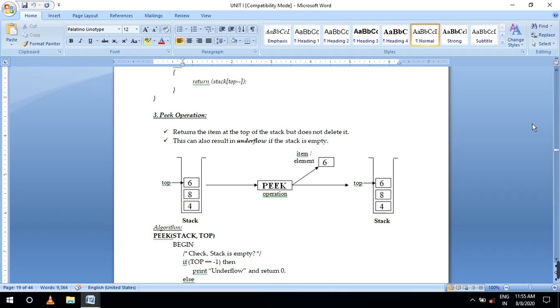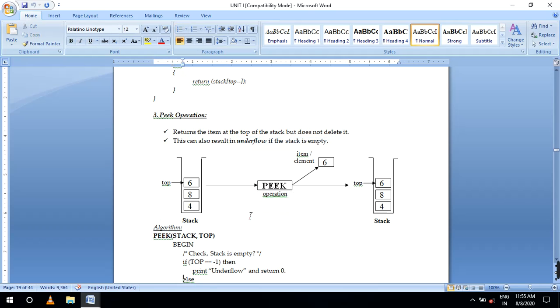After that, you can go for pop again. Otherwise you can insert, then delete, then view. This concept can also be used. Otherwise insert, then view, and then pop once again. Whatever it is, say I am inserting 4, 8, 6. That will be the view. If you go for pop until it is finished, the stack is empty. Once again, if you go for pop, no element is there, so it is the underflow level.